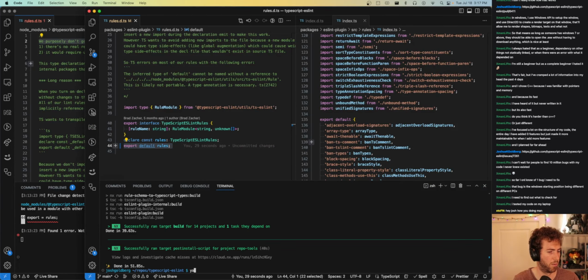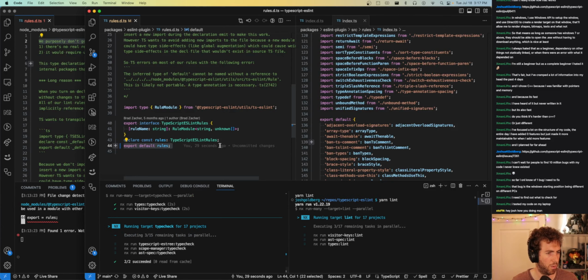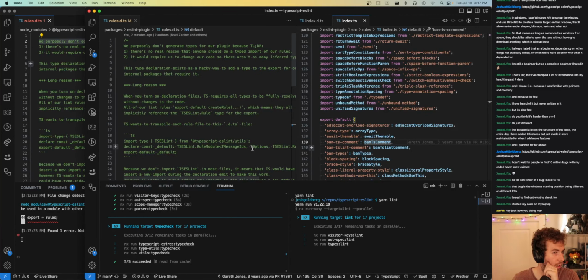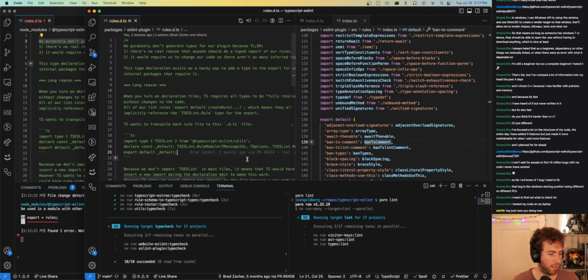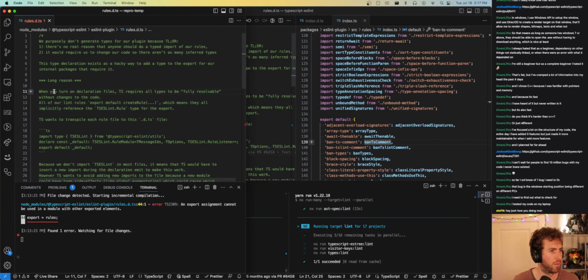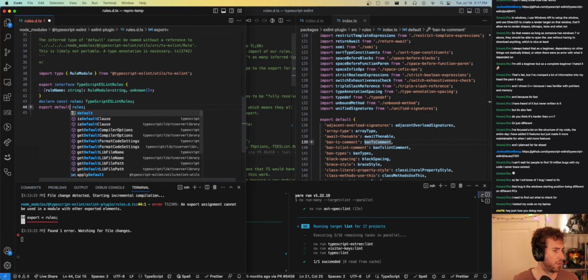So yarn type check, yarn lint, everything seems to be working all right. Yeah, I'm not sure. It seems fine to me. Let's just wait for this ESLint plugin to run. So if we export default here,